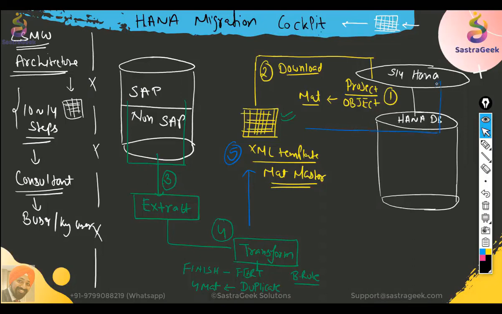In S4HANA system, you will load this file. So once you load it as a sixth step, or previous to the sixth step, I will mention in the seventh step, we need to also maintain some mappings. Mappings need to be maintained between your ECC data and S4HANA data. So whatever I have said here, finished can be maintained as FERT. Either you directly change it in your file, or you can leave it as it is, and you can create a mapping within S4HANA.